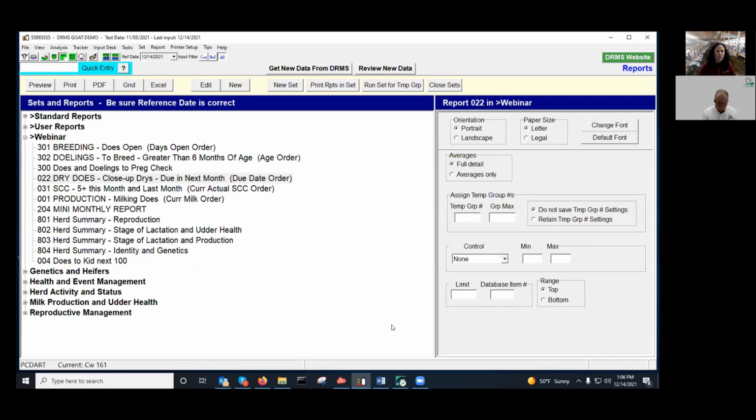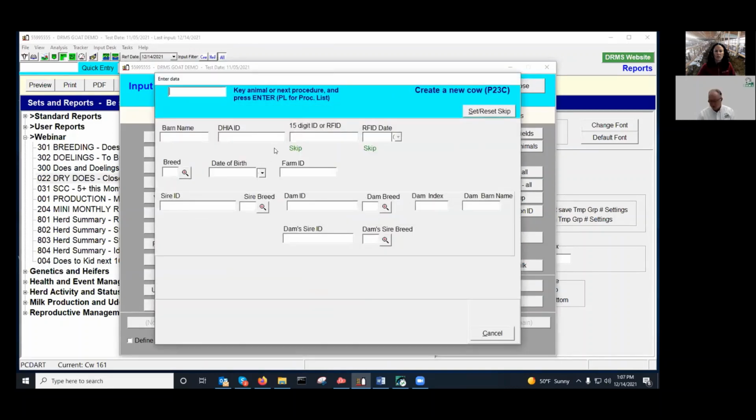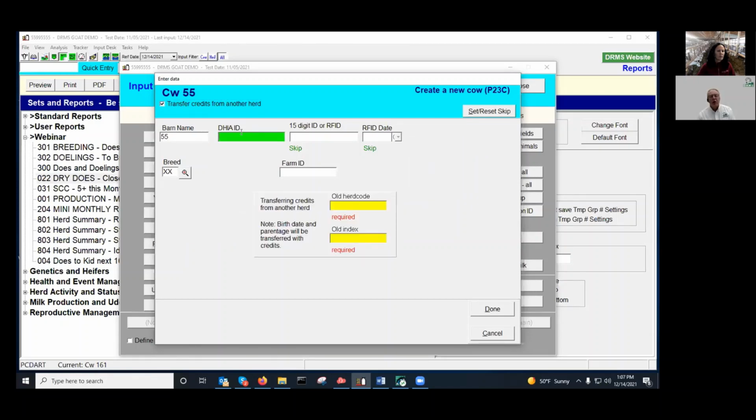Another question is, if you purchased an animal who's enrolled in another herd, what's the procedure to enroll that purchased animal in your herd? Good question. So we're going to go ahead and enter a new animal. I'm going to give her index 55. Once you put the new animal in, here is a box that says transfer credits from another herd. You check that box, you put the herd code where that animal came from,